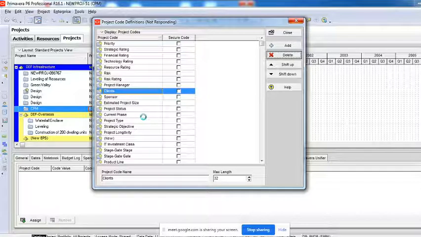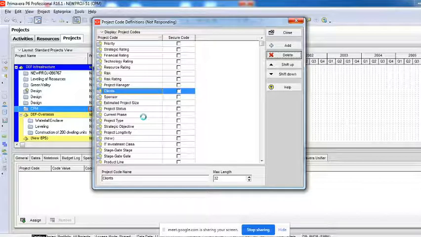There are so many things in this already, so many new codes which we have created. You can just read out a few till it is getting deleted. You can see there's a code called priority, probably high, low, moderate. Then strategic ratings, financial ratings of the projects, technological ratings of the projects, risk ratings, project managers, project type, current phase. What is project type?